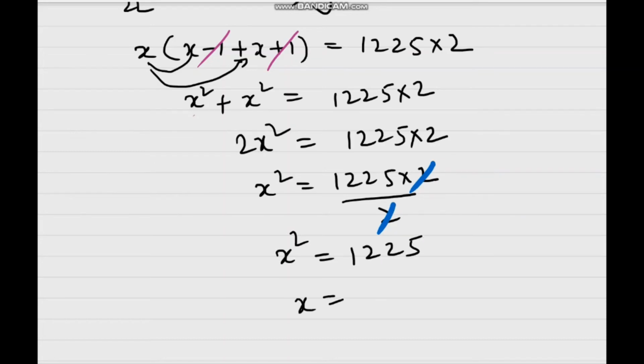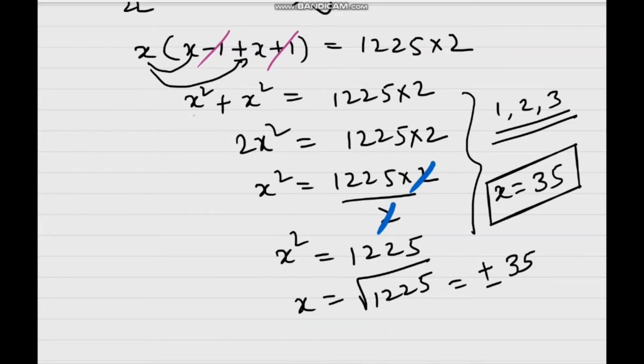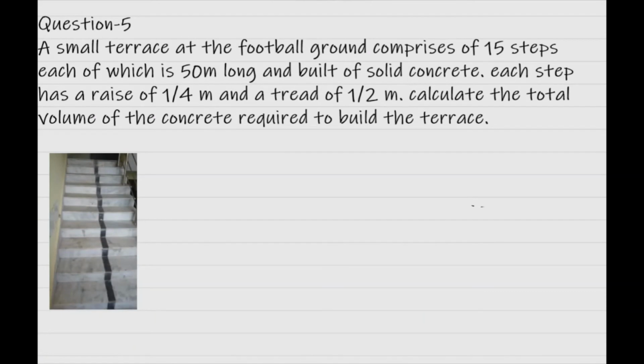So x will be equal to root of 1225, and that will be equal to plus or minus 35. So we will have x is equal to 35 because our numbers are starting with 1. Okay, 1, 2, 3, like this we are giving the numbers to the houses. So the value will be x equal to 35. So 35 will be that number to which the preceding numbers, means sum of numbers from 1 to 34, will be equal to sum of numbers from 36 to